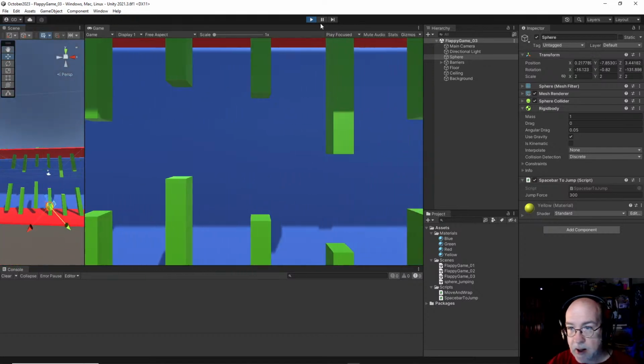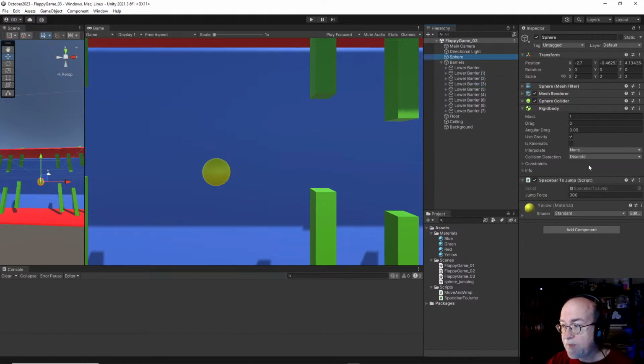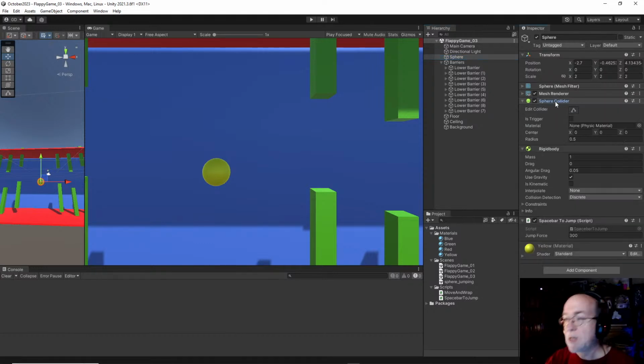It's going to knock it because these barriers have colliders on them, and the sphere has a collider on it. So colliders and triggers. You use a trigger when you want to move through something and not have it kind of knock back. So you definitely want colliders sometimes, because sometimes you want things to hit. Example,